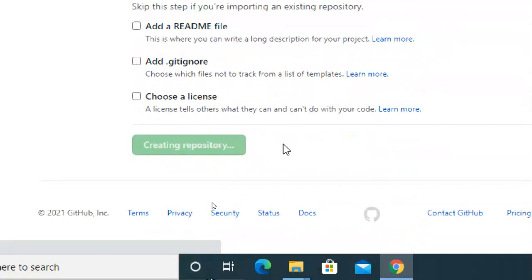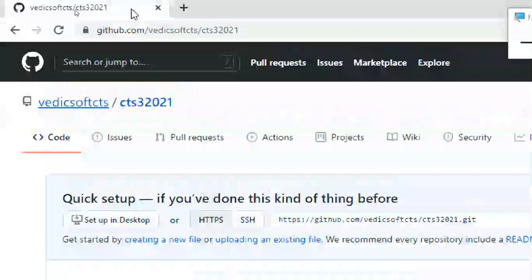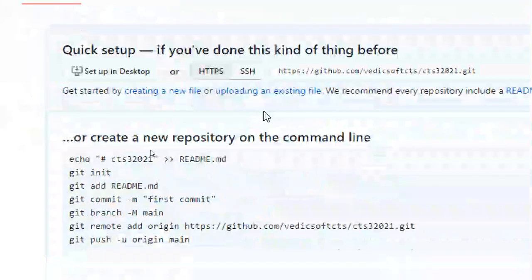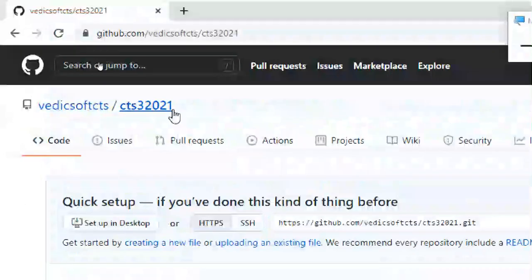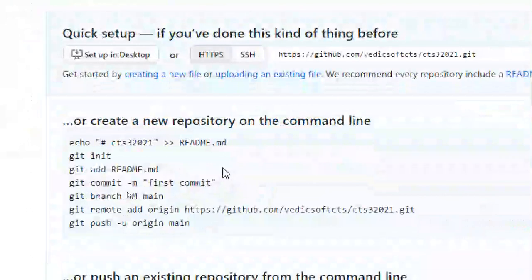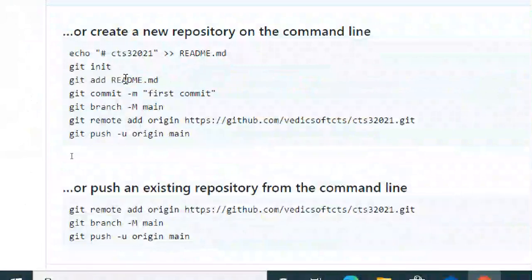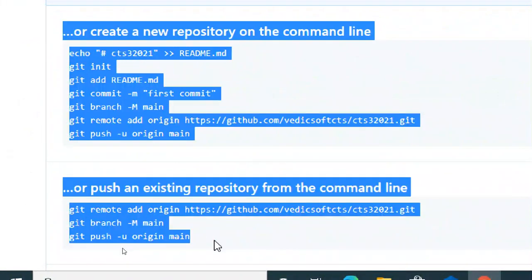If you want to create like this, you need a mail ID. So if you see, this does not contain anything. This is the repository now, but in this one we don't have any data. These are the commands on how to create the data. By default it is showing. If you want, you can take it from here.